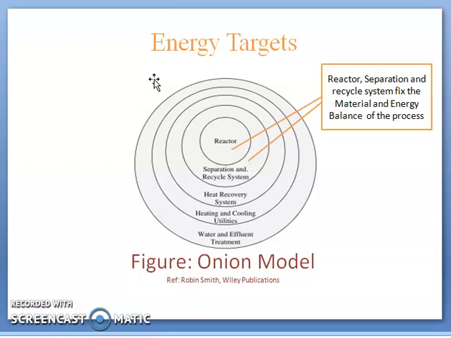This design philosophy starts at the heart of the onion, that is with the reactor, and moves out to the next layer, that is the separation and recycle system. Acceptance of these two major processing steps, reactor design and separation and recycle system design, in the inner two layers of the onion fixes the material and energy balance. Thus, the heating and cooling duties for the next layer of the onion, the third layer, the heat recovery system, are known. However, completing the design of the heat exchanger network is not necessary in order to assess the complete design.